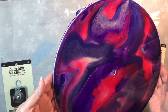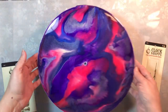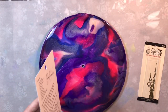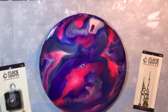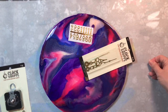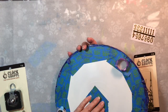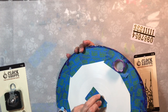a vinyl record. This dried nicely, the resin has cured, and I love the way it looks. Have my clockworks here ready, and we're going to add this along with these clock hands here and these numbers. So I think that this will really complement the design. So the first thing I'm going to do is take off the tape that was covering the